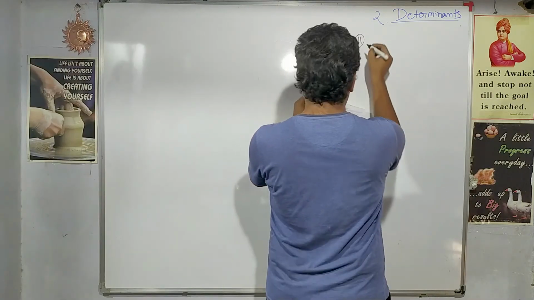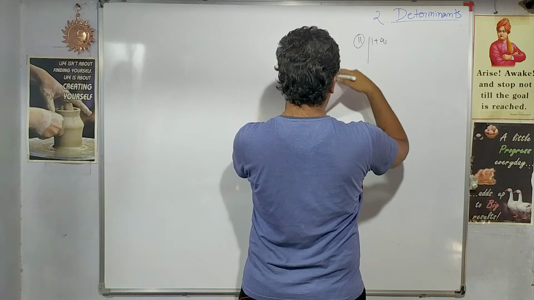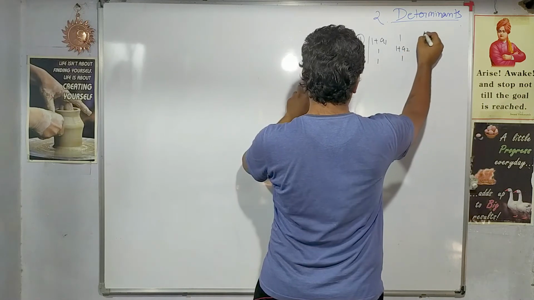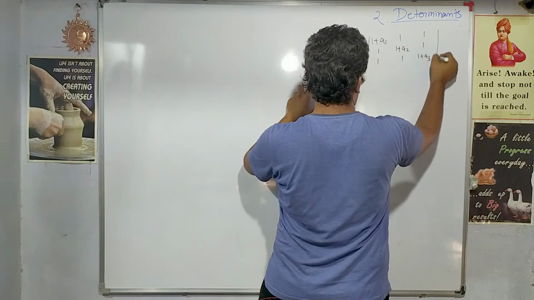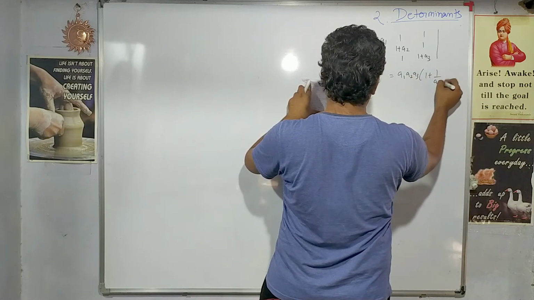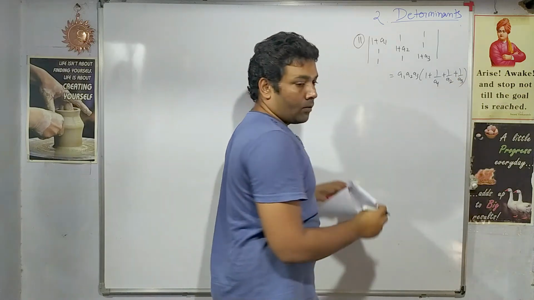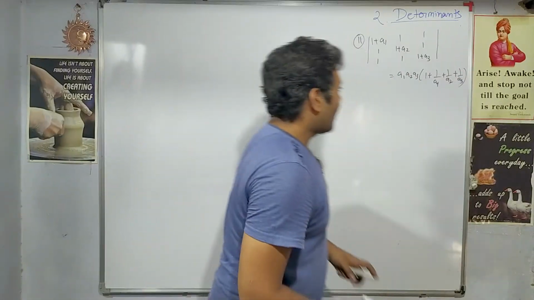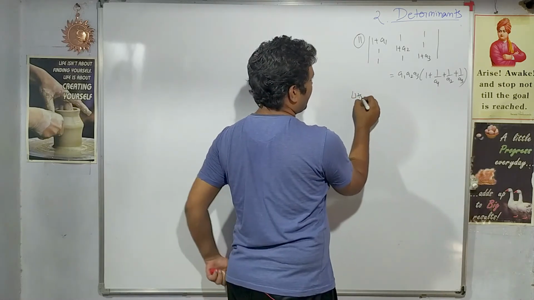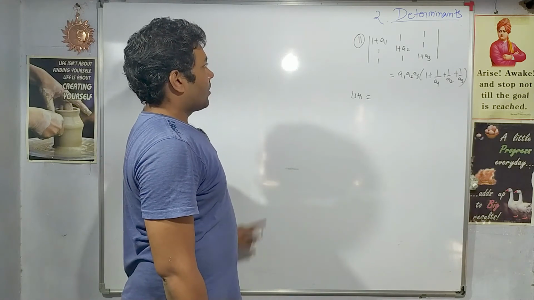Then next we have question number 11. 1 plus a1, 1, 1, 1, 1 plus a2, 1, 1, 1, 1 plus a3. So this will be a1 a2 a3 into 1 plus a1, 1 upon a2, 1 upon a3. So how to simplify this? Again, if we take the left hand side of the equation, from the first